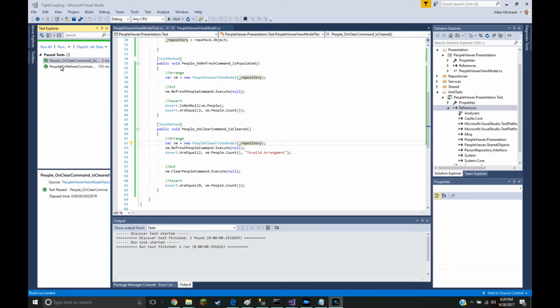Okay, so I ran both of the tests and they both passed. And I just want to highlight here, as far as the test for the clear command, a nice little clever thing in how it's been done is that in the arrangement we are actually doing the mock-up to make sure that we are getting a list of people first, because